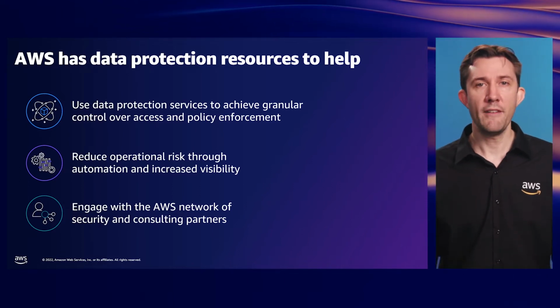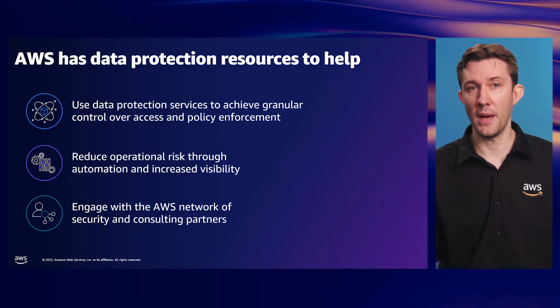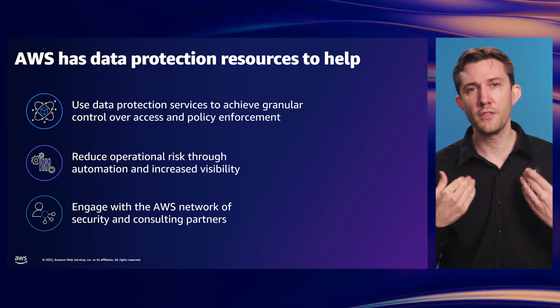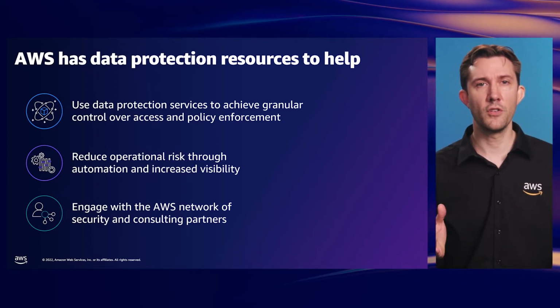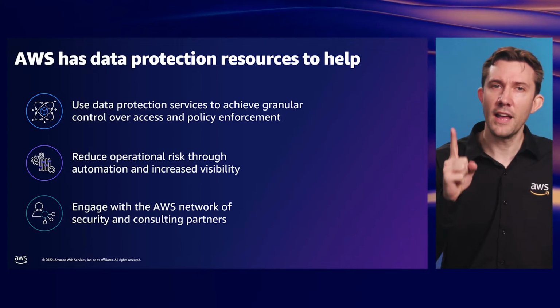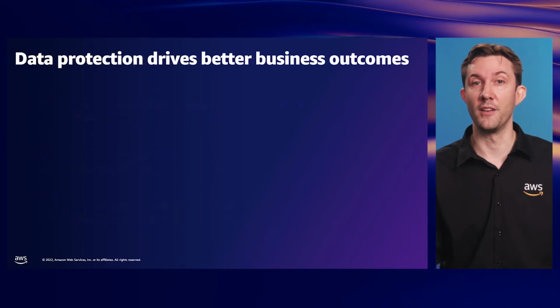So, we have 4 high-level data protection aims. We have some services and automation to help. Let me put my business hat on for a second. What's in it for me? Some of those controls and services are free, but others are going to cost me money. How does it help my business? Well, funny that I should ask myself that.